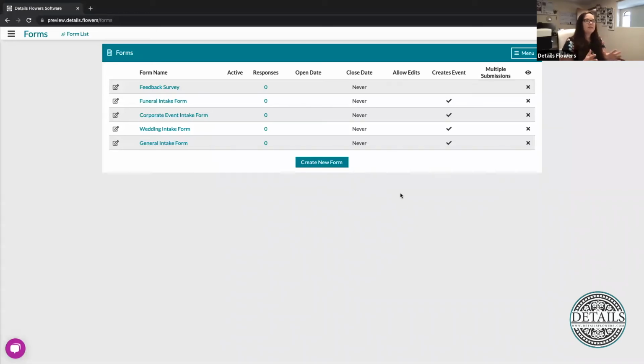So your form list here is going to house all of the forms that you've created. So any form that you've created will live right here on this list, and you'll be able to see if it's still active, if it's going to close, anything like that. If you're allowing multiple submissions, if you want it to create an event, and if you allow edits here as well. You'll also see this